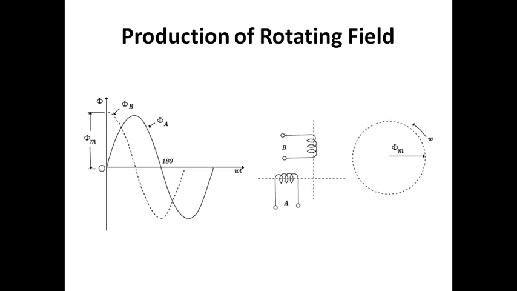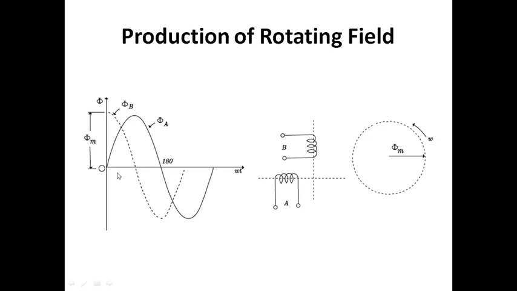Why? Because the magnetic flux produced cancels each other. If it cancels each other, I'm not getting any torque or flux, initial torque. See, only the initial condition is zero, but once it starts, it is going to have some torque. So initially I have to start it. It is not self-starting, right? So I'm going to start it. Fine. The auxiliary winding operates only during the starting, and after that it is going to disconnect.